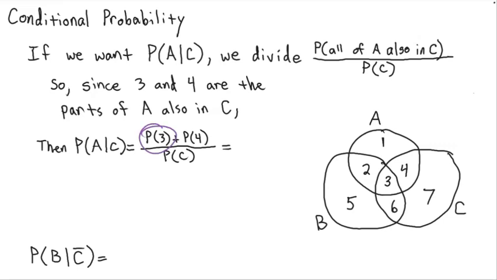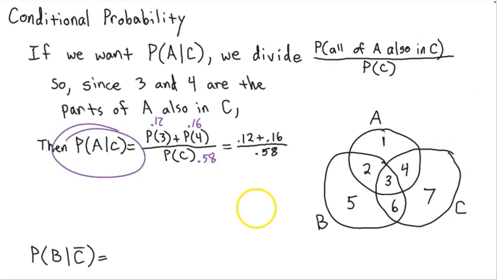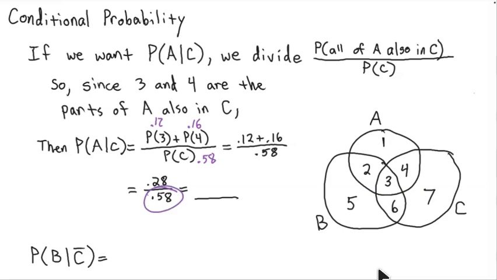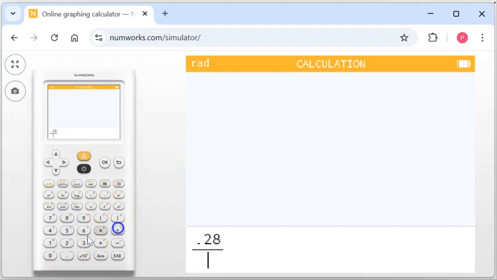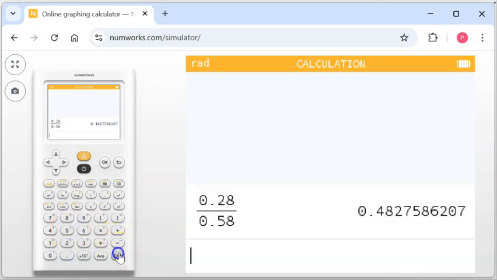We know that the probability of 3 from the previous page was 0.12, and the probability of 4 from the previous part was 0.16. And in the previous part, we identified the probability of C as 0.58. So the probability of A given C is 0.12 plus 0.16 over 0.58, which is 0.28 over 0.58. Let's plug this into a calculator and find our probability of A given C. So let's key in 0.28 divided by 0.58, and we get